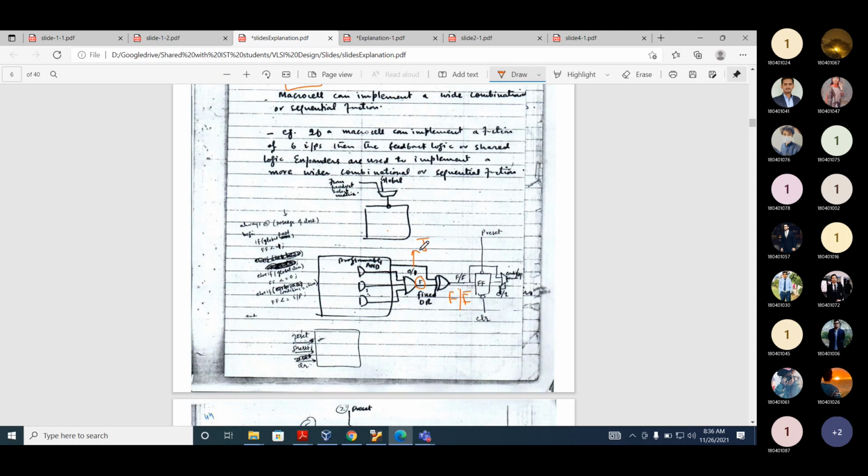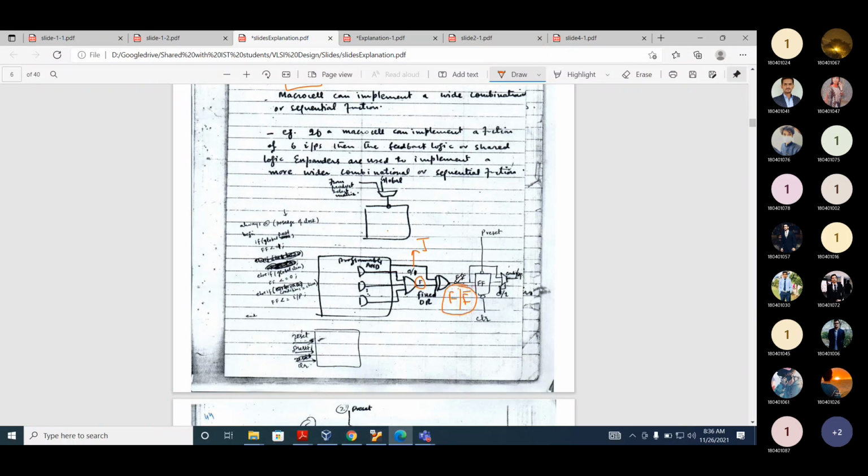Let's assume this J signal is controlled from the programmable AND array. This cannot be a single function. It can be any AND of 2 signals or 3 signals. Now when this output comes, we have F and F bar. Can you see this F and F bar here?